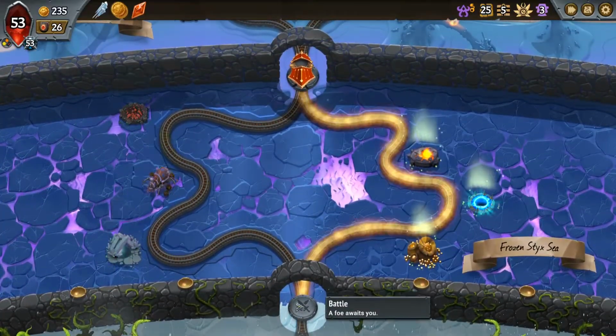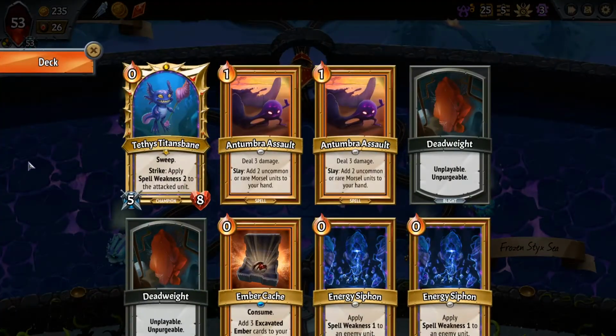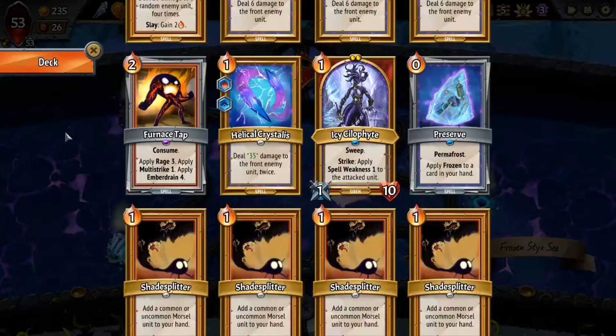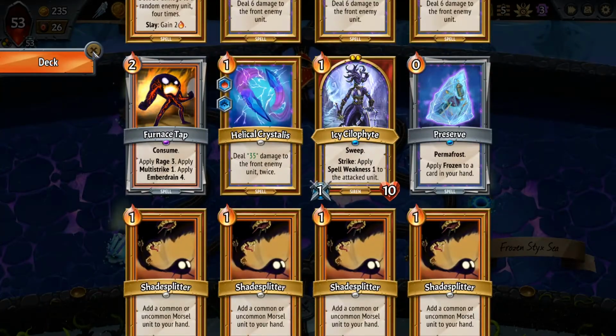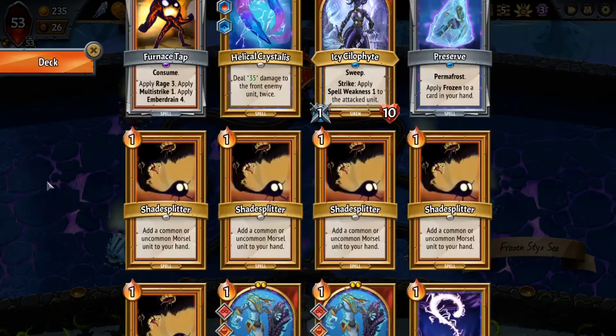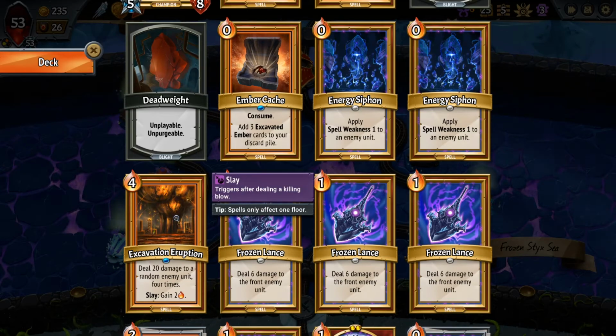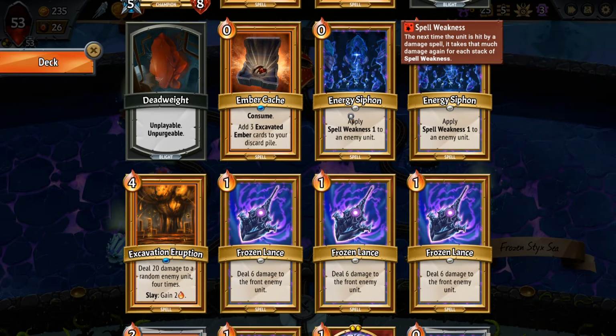If this is the sweep boss, what would I be glad that I did? Put multi-strike on it, no. Nothing? The sweep boss just hard counters us at the moment. I guess we just have to hold the 2 energy siphons for it and then play Excavation Eruption for 60 times 3